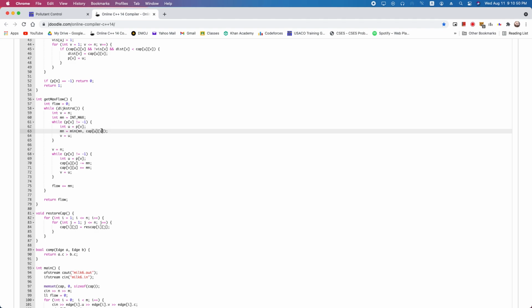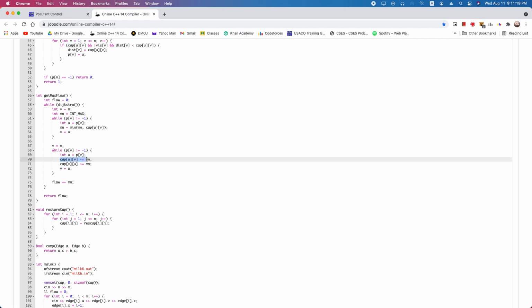So this way we can get the edge from this u to v, and this u is basically the parent of v. Here we'll get the minimum of all of these capacities, all of these edges that we used, and we get the minimum because we will decrease everything along this path by this minimum flow. We cannot use the maximum, because then the flow would exceed some of the capacities, and that would not be allowed. So we use another while loop here, but this time we decrease the capacities by this minimum flow,